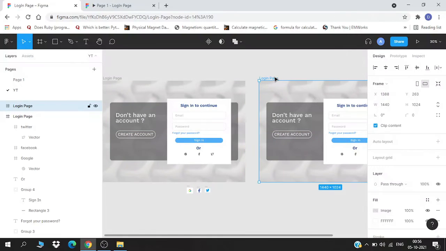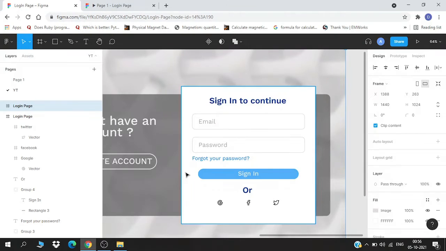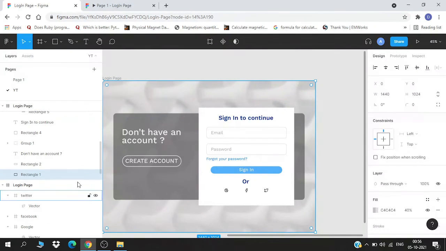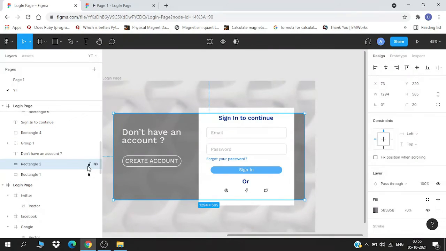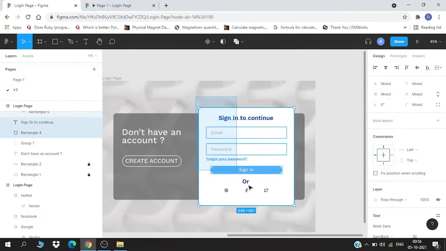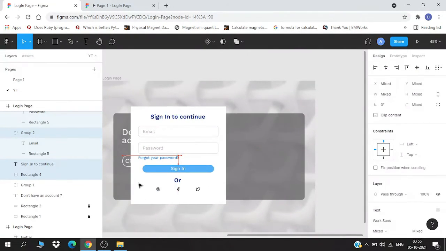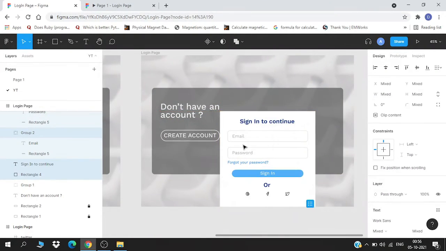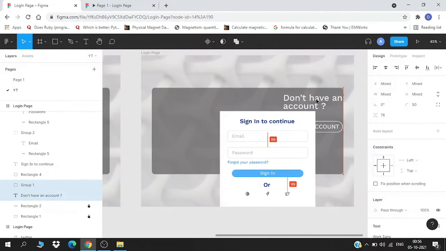I'm just going to take this one. I have copied this, and what I'm going to do is swap the both. Let me lock it first. Let me lock this too. Now I'm going to take this entire section and shift it, and I will take this and shift it.